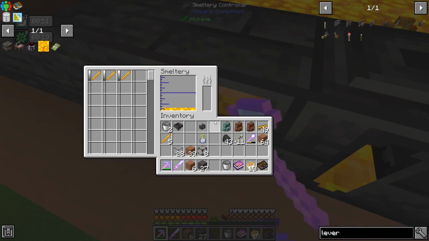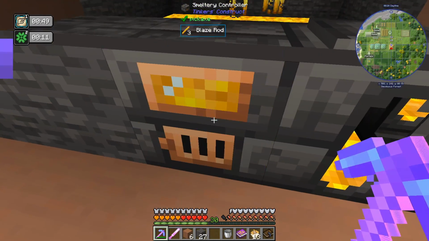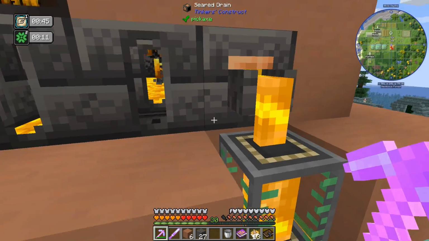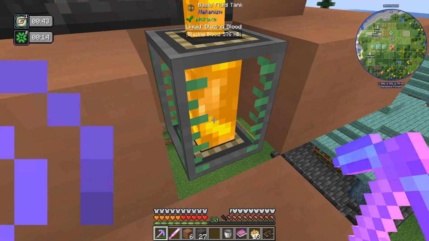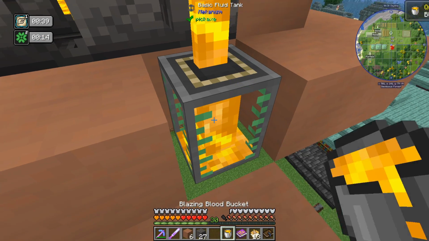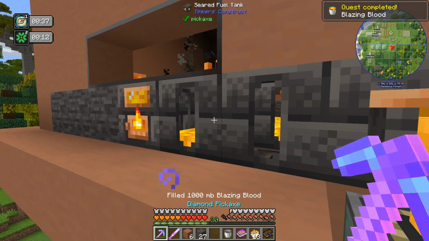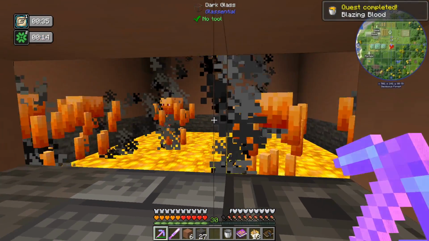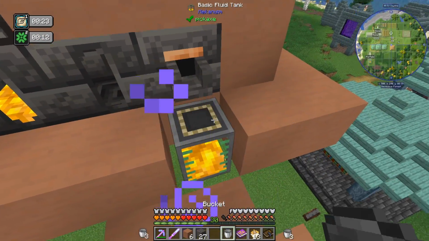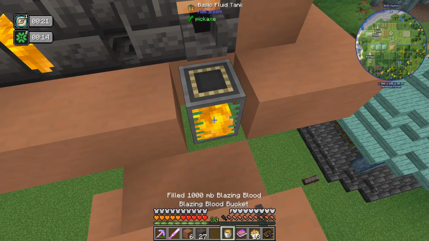Why aren't you dying? Oh, we're out of... Yeah, that happens. We are out of blaze blood. Then once this is full... There we go. And this should work pretty well. And then we just need... I might set up some...